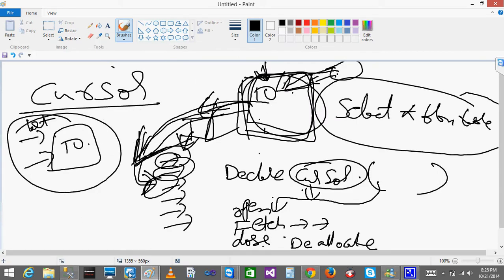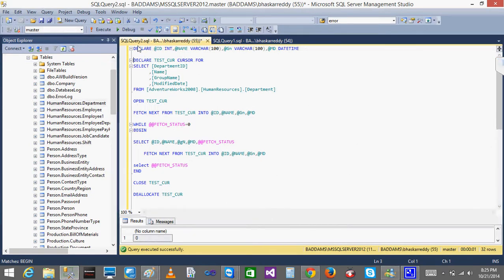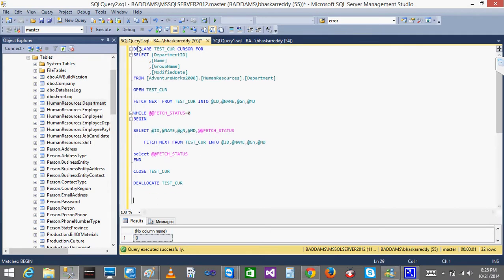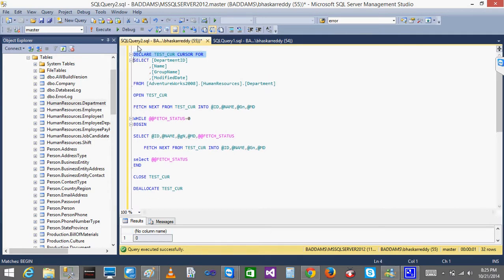Same way, now what we did, we have created the cursor. Don't worry about the top one, start only with the declare. I am declaring the cursor with a name, same as a variable, and the type is cursor. I want to store the results of this query in the cursor, so I write declare cursor name, type is cursor for query. Now whatever output I get from the query will be stored under this name.